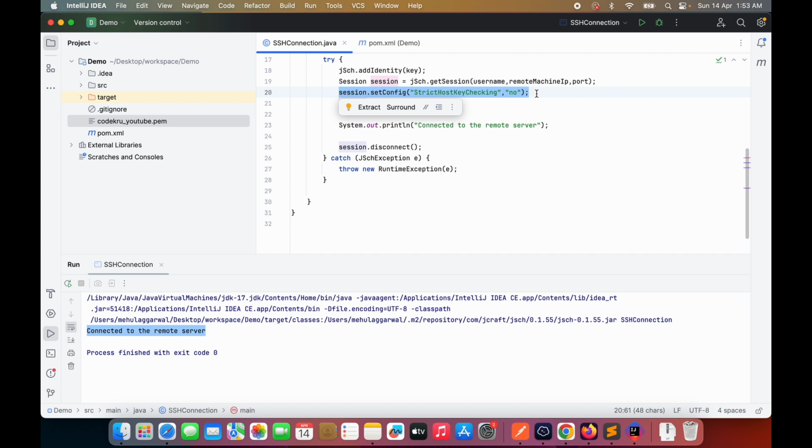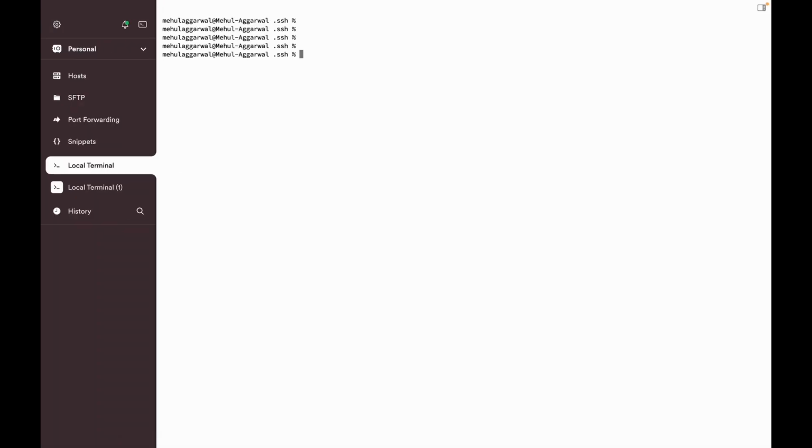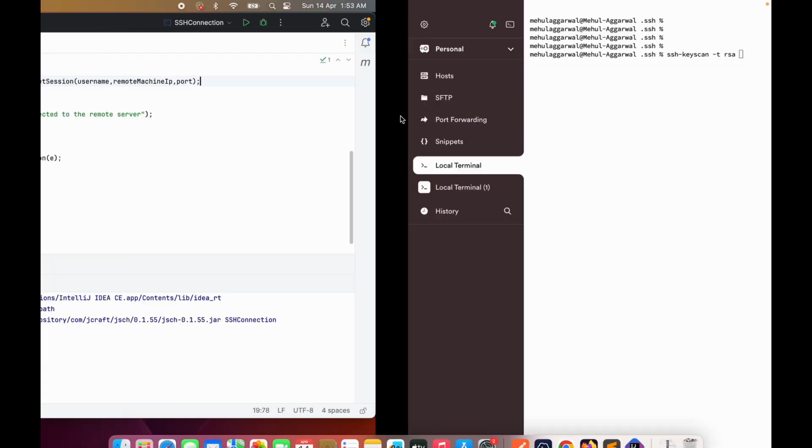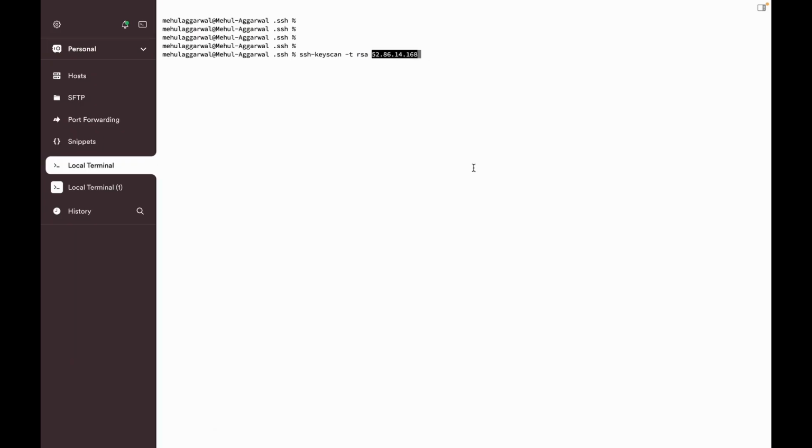Then how can we connect to the remote server without using this thing? So there is a way, but for that we have to first run a command on our local machine. So let's go to our terminal and run that command. So here I am just running the command ssh-keyscan -t rsa. Now we'll have to copy and paste the remote IP here,